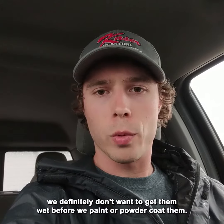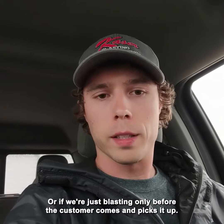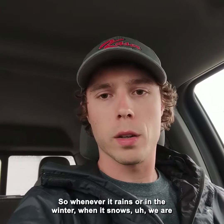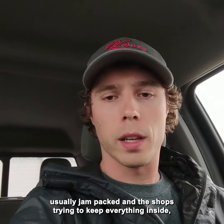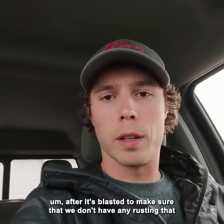them wet before we paint or powder coat them, or if we're just blasting only before the customer comes and picks it up. So whenever it rains or in the winter when it snows, we are usually jam-packed in the shops trying to keep everything inside after it's blasted to make sure that we don't have any rusting that happens,